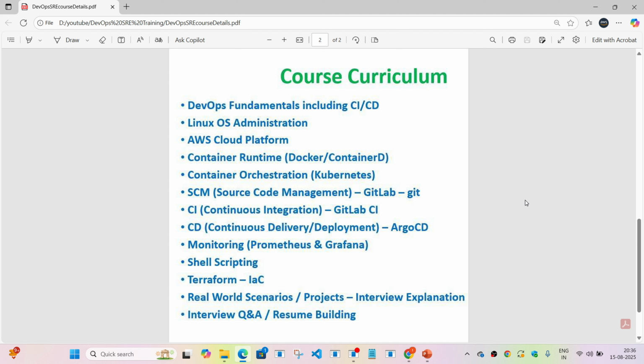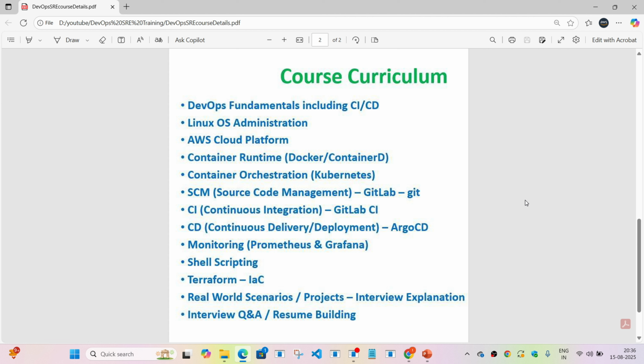Then I'm going to cover source code management. I'll be taking a Git based approach, which is the most popular approach to manage source code for the applications. And I'm going to use GitLab as a source code management tool here. We do have other platforms as well, but GitLab is one of the most popular tools in the modern DevOps era, I would say. And for CI also, we have various platforms. So I'll cover the CI part as well, and I'm going to cover GitLab CI in this course, and then I'm going to move towards the CD part, which is the continuous delivery or deployment part. For that, we'll be using Argo CD in this course.